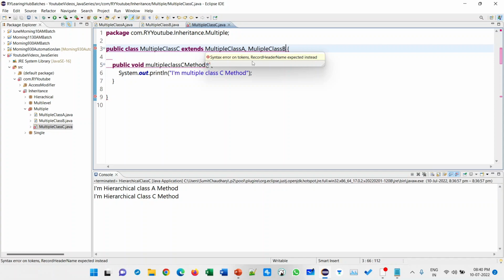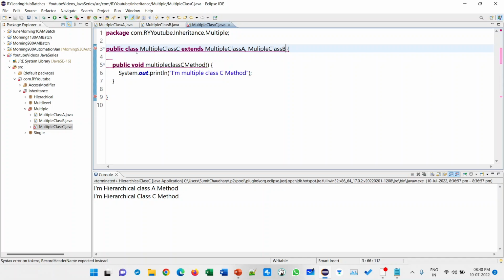But we can achieve it with the help of interface. So for now, just leave the concept of multiple inheritance. We will cover it when we cover interface.